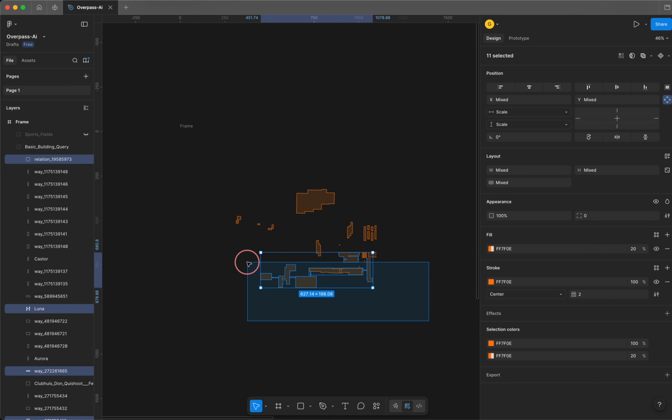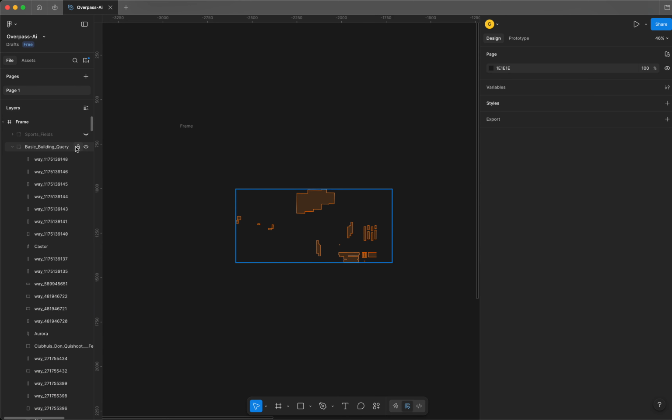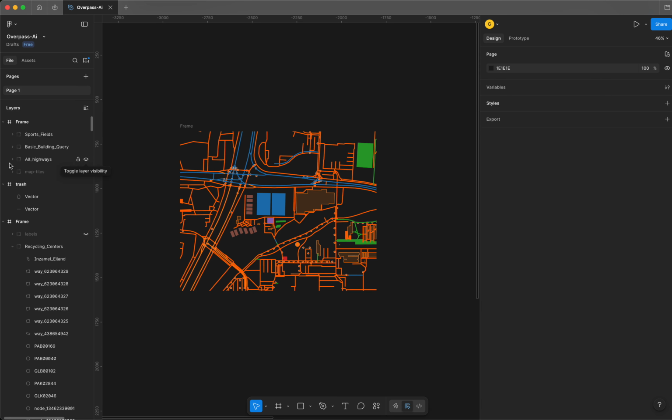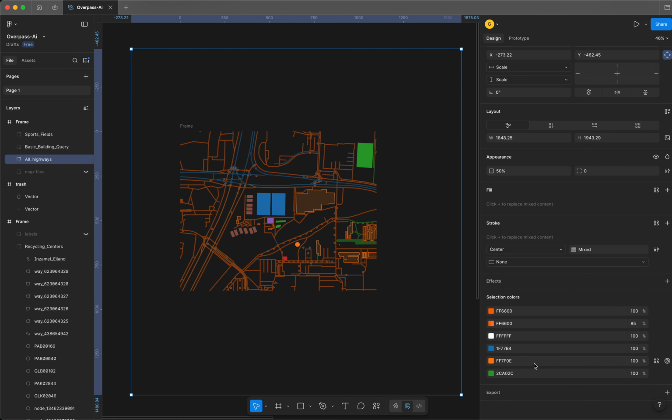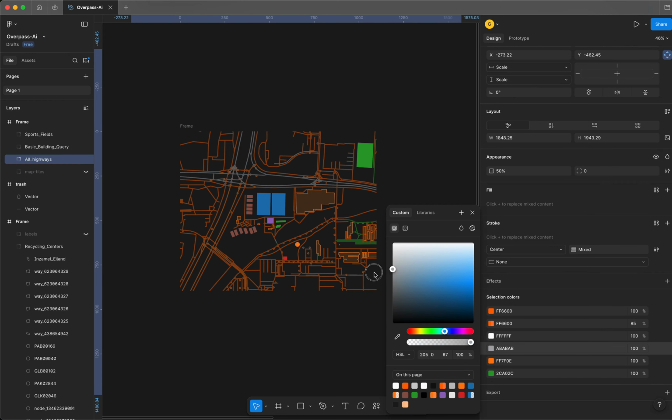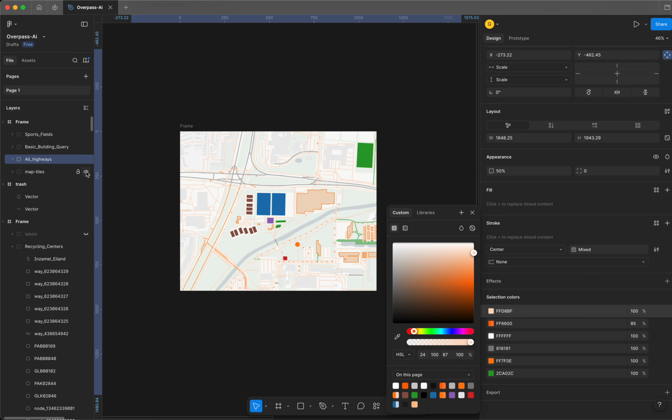So basically what we're interested in is the buildings around the sports field. Then we are interested in the sports fields. All the highways can be 50% opacity. And I think the colors are also quite extreme, so let's make it so that highways are just gray and footpaths are just light, and then we get the map tiles behind. Yeah, and this color can also be the color for